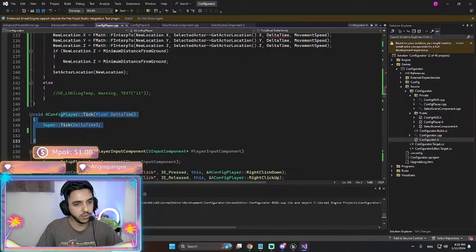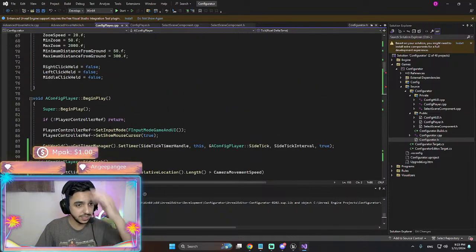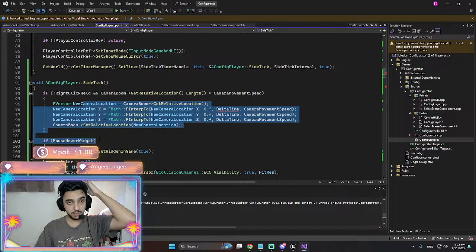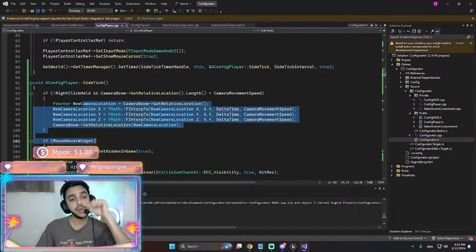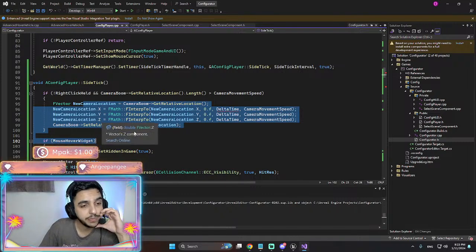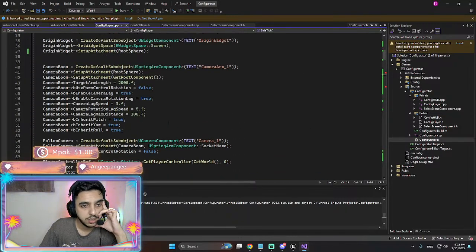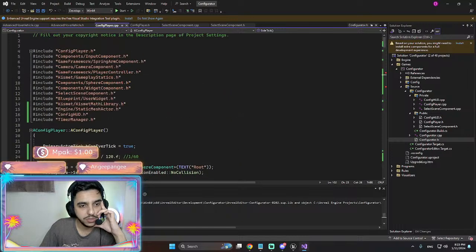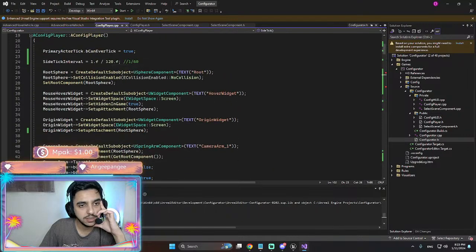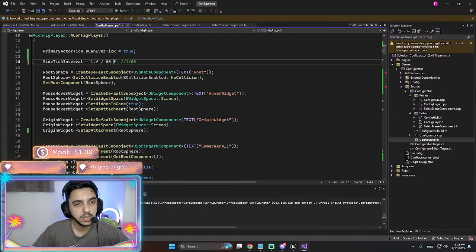Okay, and we are doing nothing in the tick. So these are actually being called 120 times a sec. And that's a lot, right? I can simply reduce it to 60. Maybe 60. I'm gonna set this to 120.